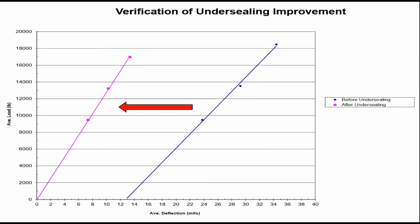Nice thing about using the FWD is that you test a joint or a crack before and after you do some undersealing there to restore stability. You will definitely see an improvement if you plot the load versus deflection and you do the standard 3 different drop heights, which represent 3 different load weights. You have a pretty linear relationship within that range, and you can compare before and after. So ideally, you want to see that line intersecting close to the origin, like in this case here, after you